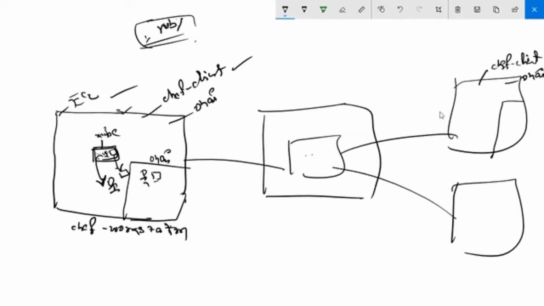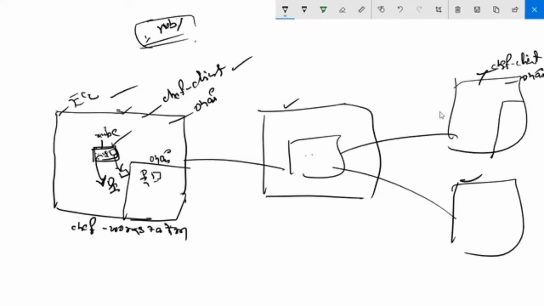Till the time you get familiar with the code, okay, that usage of Ruby code. Once you are perfect with this code, then I'll go with this complex setup, server and nodes. Because right away, if I explain this code as well as this complex setup, it creates a lot of confusion for you. Okay, you won't understand things clearly. Understanding, right? So that's why first I'm going to create a space. I'm going to create so many recipes: how to create a user, how to install a package, how to create a file, folder, everything, how to install a web package, everything. I'll create recipes, I'll put that code inside these recipes.